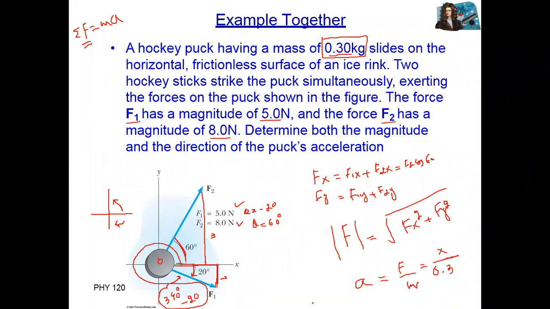Yes, sir. Could you please explain this part again? Okay, which part? First part, second part, which one? Second part. Okay, again from the first, two forces are given, you can see here. So you need to find Fx and Fy. With the help of drawing a straight vertical line, you can find Fx and Fy. So for example, Fx is equal to f1x plus f2x, and Fy is equal to f1y plus f2y. One component is from f1 and one component is from f2.